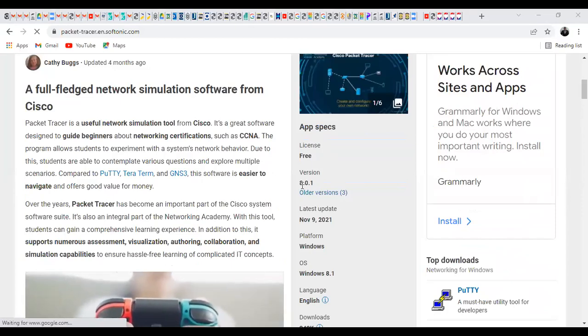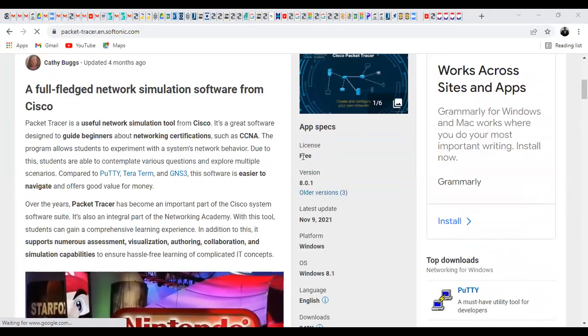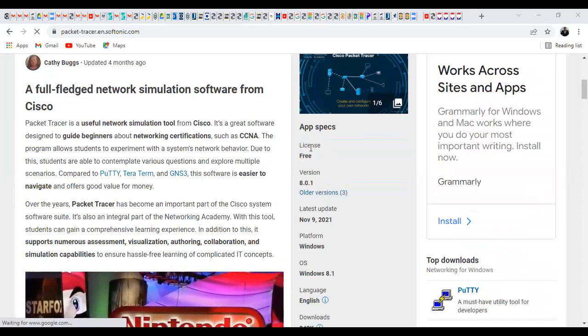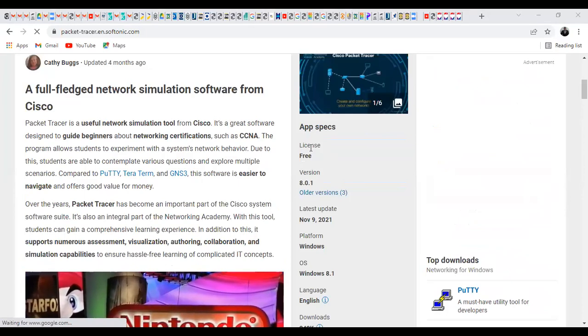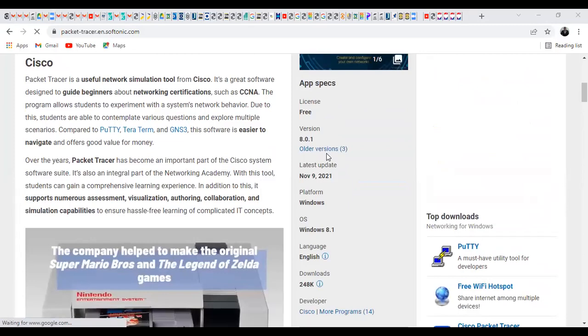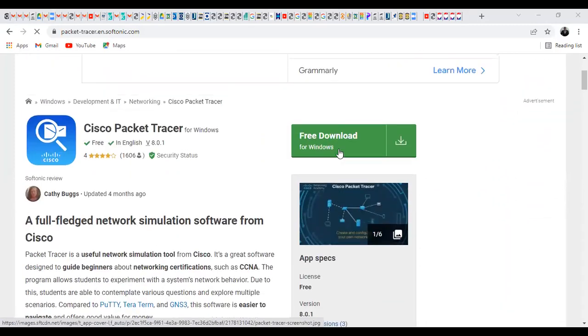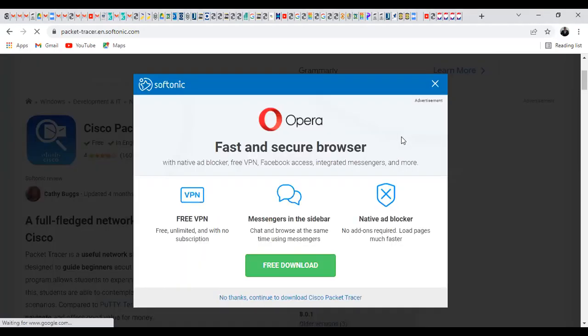Yeah, the version is 8.0.1. License is free. It only requires you to sign up, but it is free, okay? Then of course, just check that it is a version that can run on Windows. And when you come and click download here,